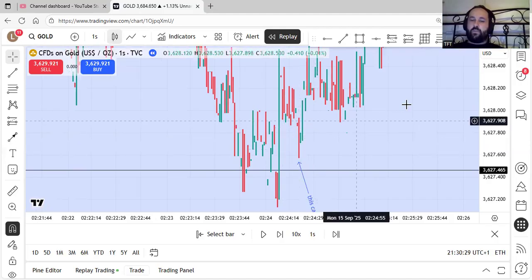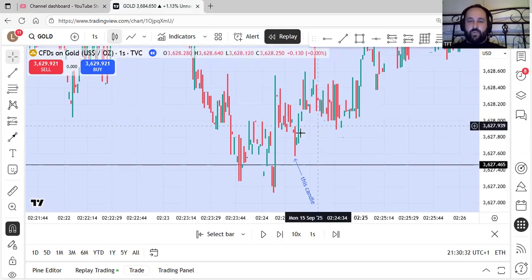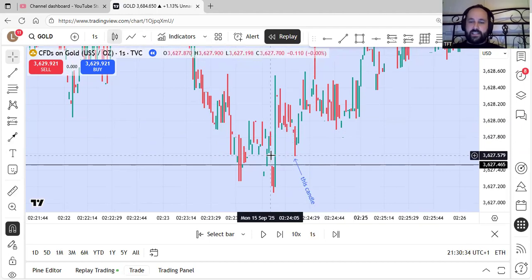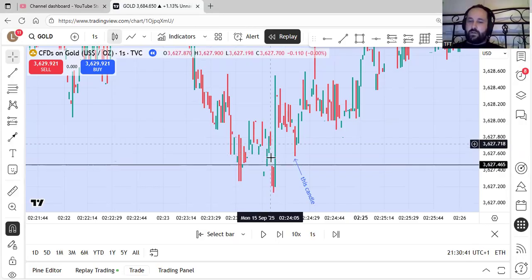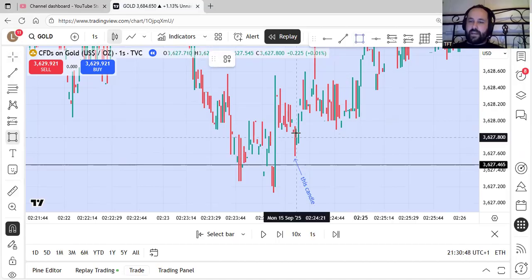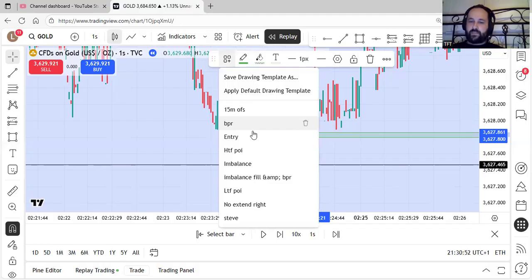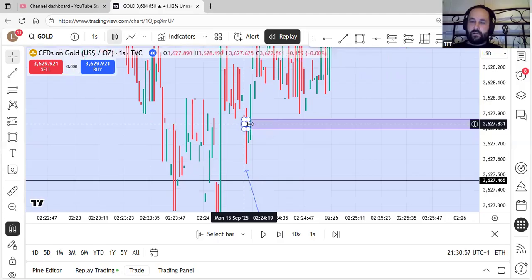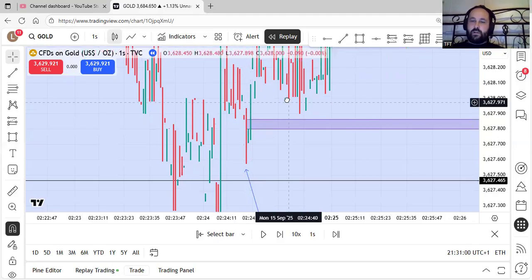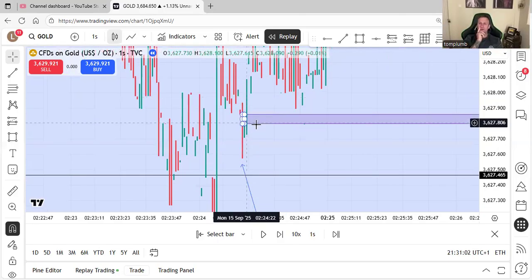Obviously, I can't speak for George, but what I would say is there's no down candle here. So as far as we're concerned, nothing happened as such. And then we've got a decent enough looking down candle here. If you went for here, it'd be because there's some form of BPR there, balance price range, or just imbalance. Obviously, BPR is normal imbalance as well. That might have been why he was thinking that, but it's a very brave entry though, isn't it?